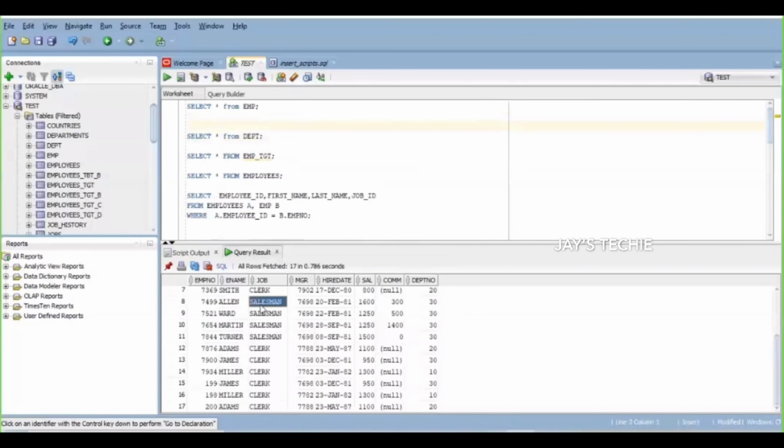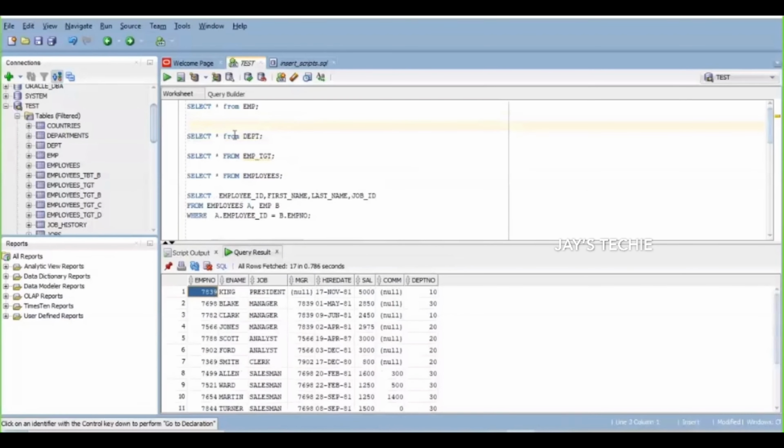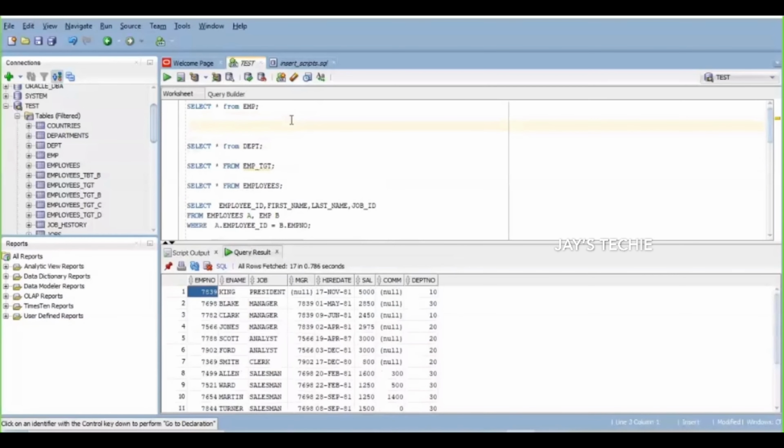Let me write an update. The table name is emp, set ename equal to John, where empno equals 7839.